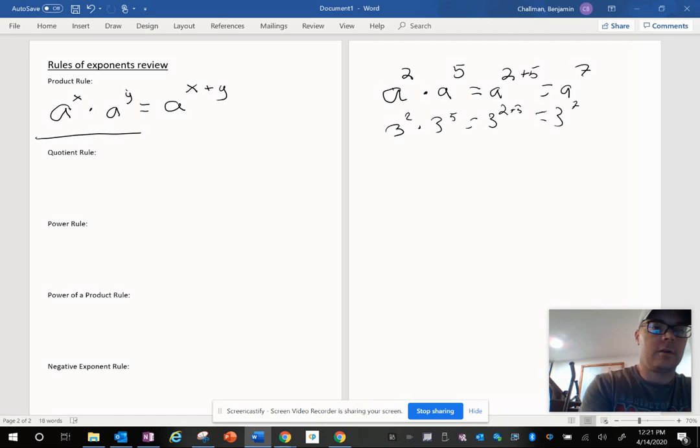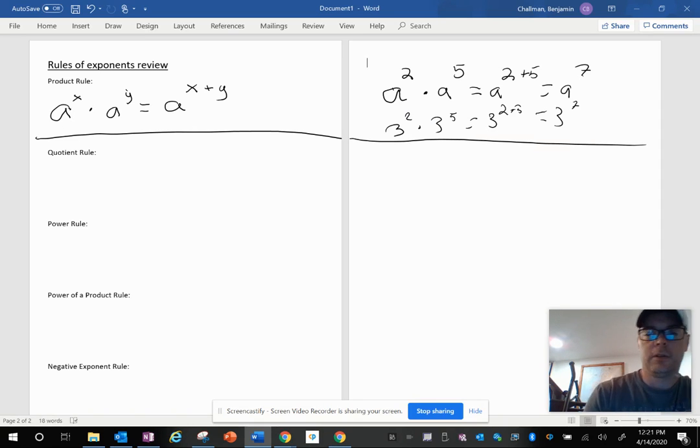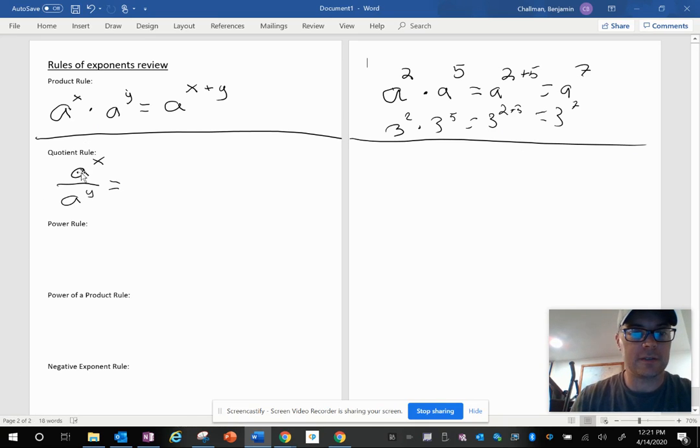So let's go ahead and draw a line underneath that one there. Now let's talk about the quotient rule. Now, if you remember, quotient means division. So it's basically a to the x divided by a to the y. Now, the quotient rule says if I do that and they both have the same base, notice that the base is a, and they have different exponents, x and y. They can have the same exponents too. It doesn't really matter. If you divide those two things, they are going to equal